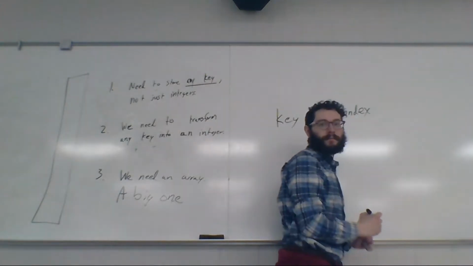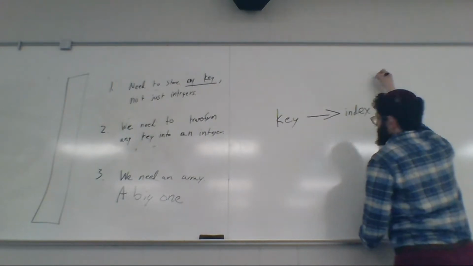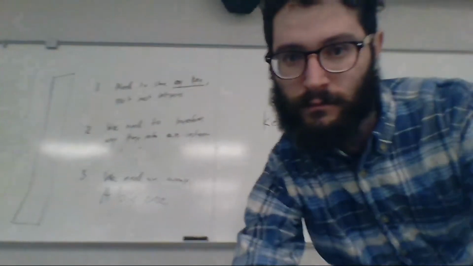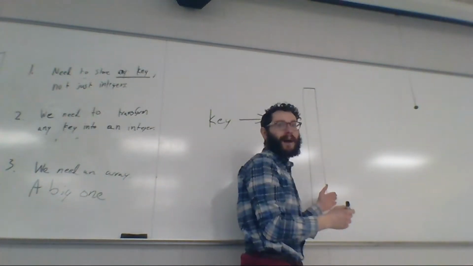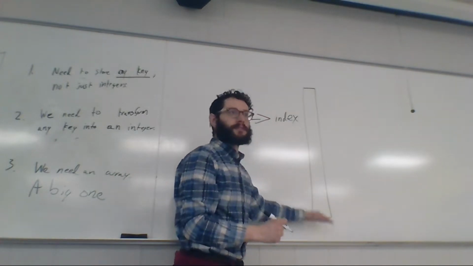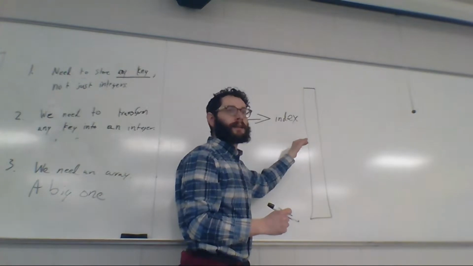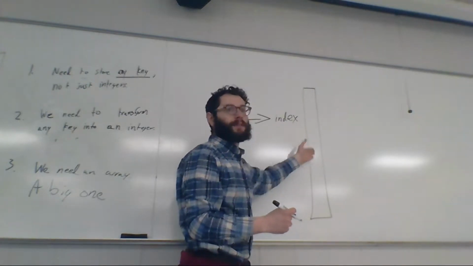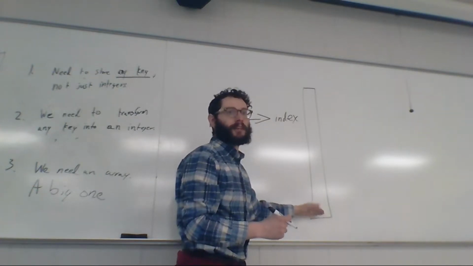And this index will go into a specific spot in the array. So I'll have this really giant array here. If I get the key 1, it will get transformed into the index 1, and then I'll store whatever value in index 1. If I give it the key 1 million, I'll store the value associated with 1 million in index 1 million,